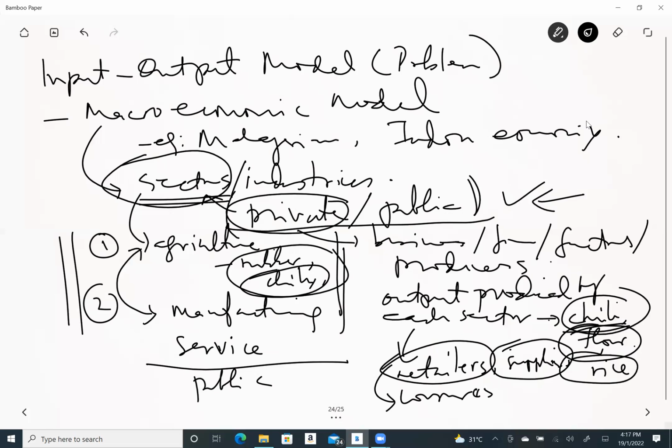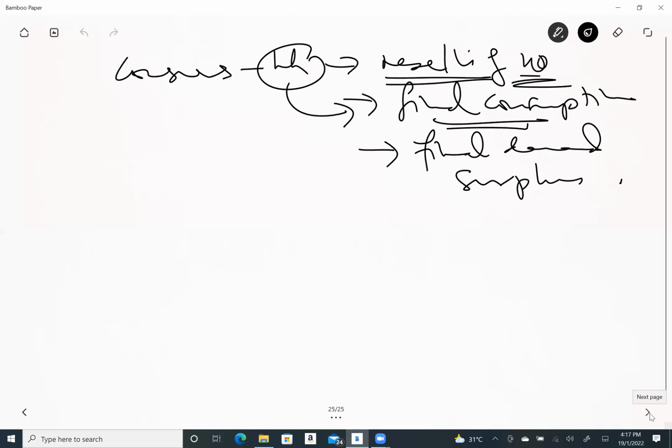You think about rice, flour, chili: the consumers buy from retailers, and that goes for final consumption. Now, who else buys these goods from the retailers? Restaurants. So the other part will be restaurants,